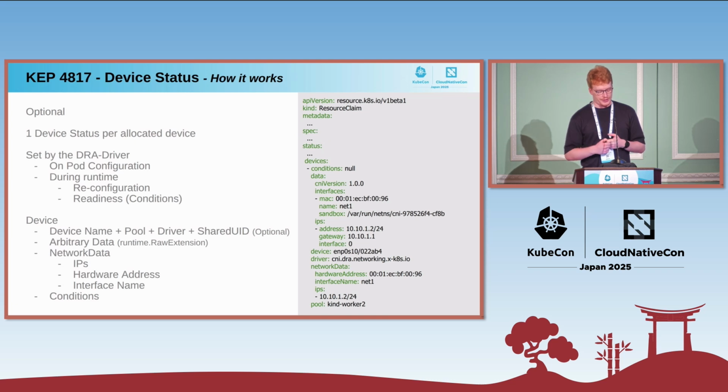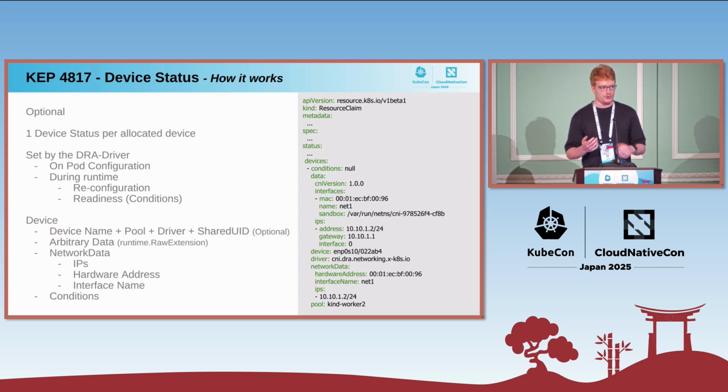It's a list where each entry will match an allocated device in that resource claim, and each device will be recognized by the set of device name, pool, driver, and the share UID that Bank will present right after. It will also have some arbitrary data, so it's not only for networking, it's also for any type of device. There's also a networking field that contains the IP addresses, the MAC address, and the interface name.